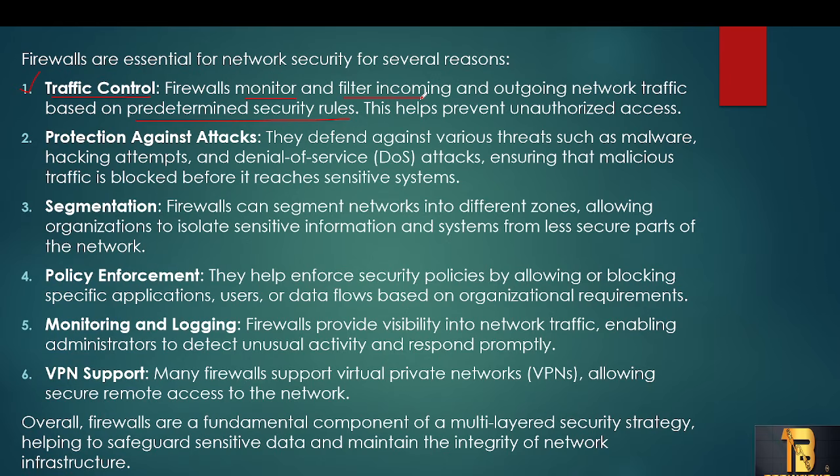So if there is any unauthorized access, let's take an example. I have created a policy. Let's take my source IP as 10.10.10.1, and my destination IP is, let's take, 8.8.8.8. I have created a rule to allow this traffic. Whenever I am pinging from source to destination, I created a rule using this source IP and destination IP to allow the traffic.